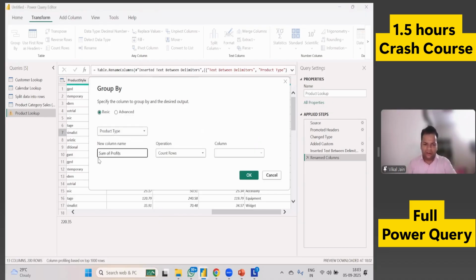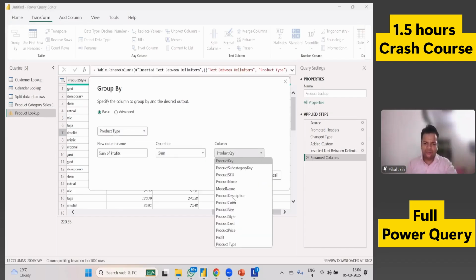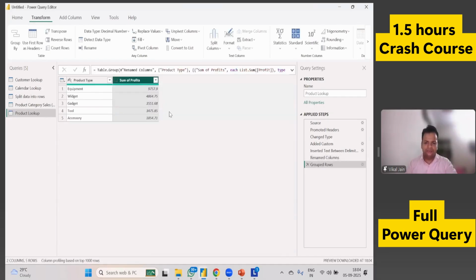So this would be my new column name, because I want to do the summation of all the profits into product type. And what do you want? I want sum, and here I'm going to do the summation of product profit, and okay. Now this data will load from that data to here, and you will see my raw file,